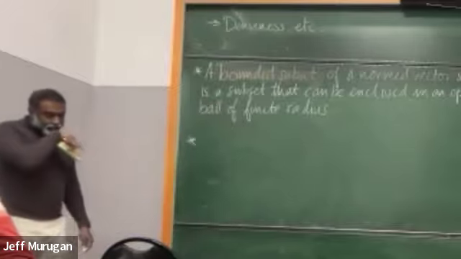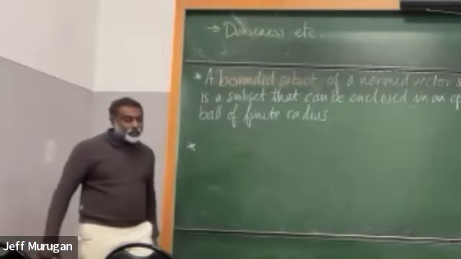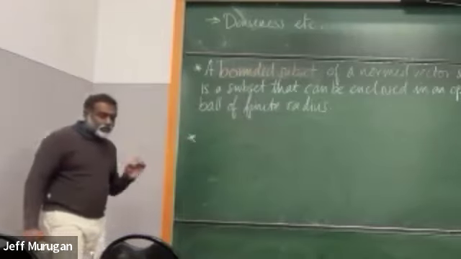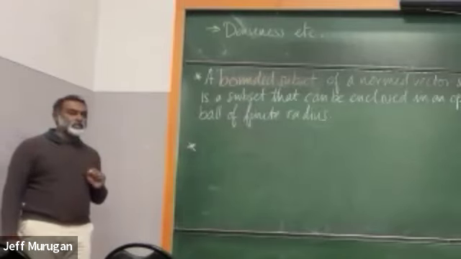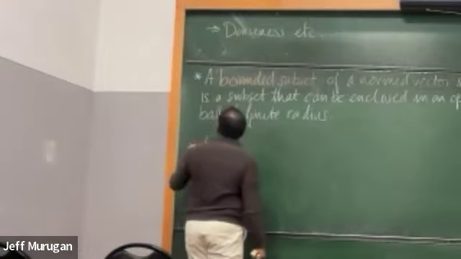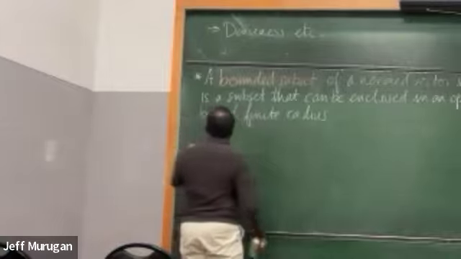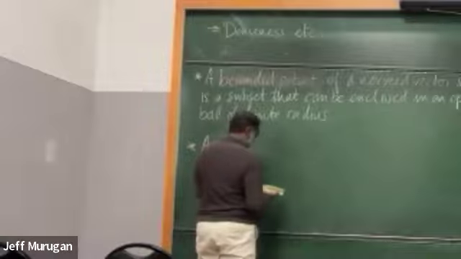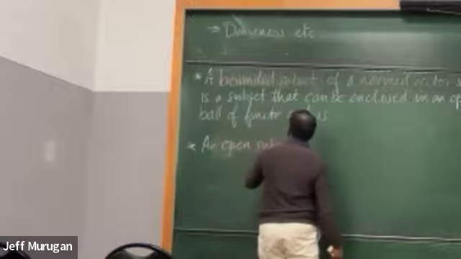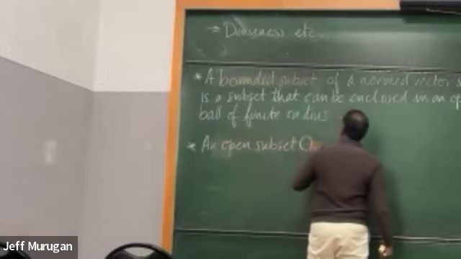So now suppose I've got some subset of a normed vector space. I'm going to call that subset open if each of the points in that subset has an open round neighborhood that lies entirely in that subset. Okay. So a subset, or rather, an open subset O of